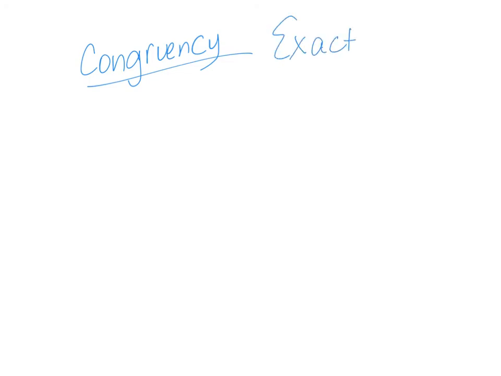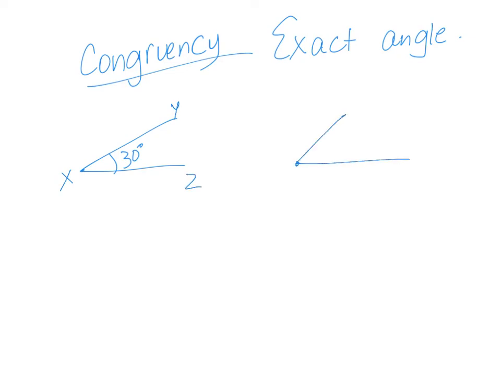And then the last concept is about congruency. So congruency is exact angle, exact same angle. So if I say this is 30, and even this is 30, then I can say angles y, x, and z is congruent